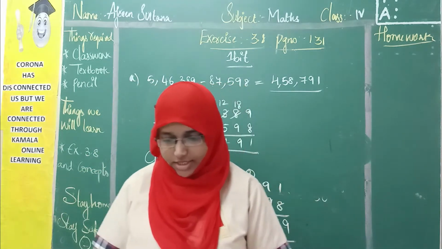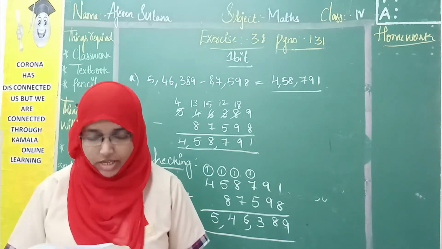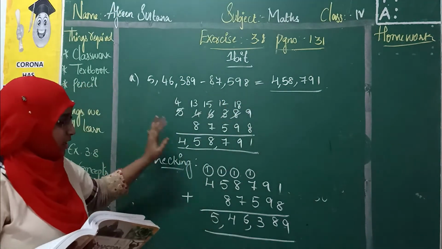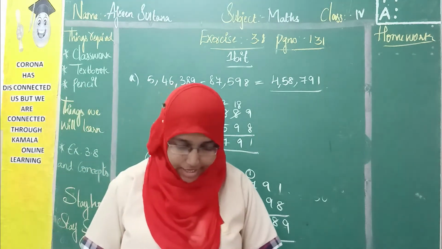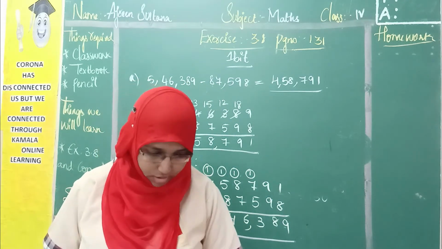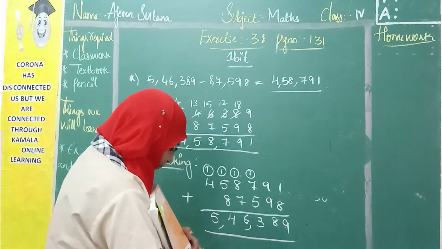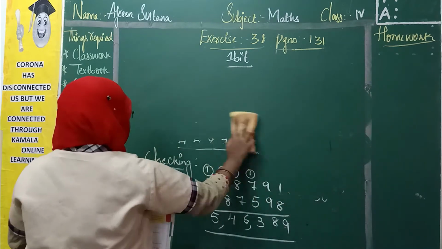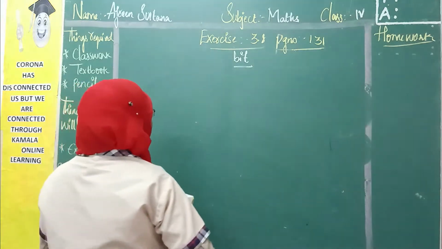Now let us move to our next bit. Second: subtract the following and verify the answer, showing the stepwise working in your notebook. Just now we have done this in a rough column and just written the answer. But this whole method we need to do stepwise in our classwork. Okay. So to start this, I request you to open your classwork. Write down exercise 3.8, second bit. Write the complete heading and the first question in your classwork.